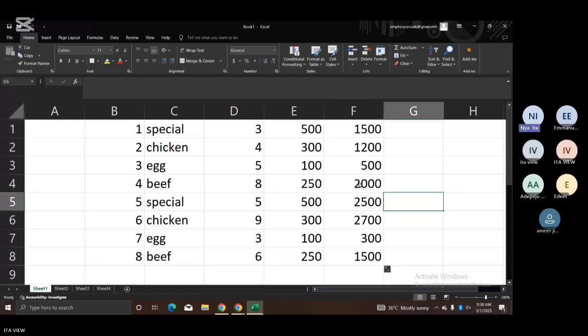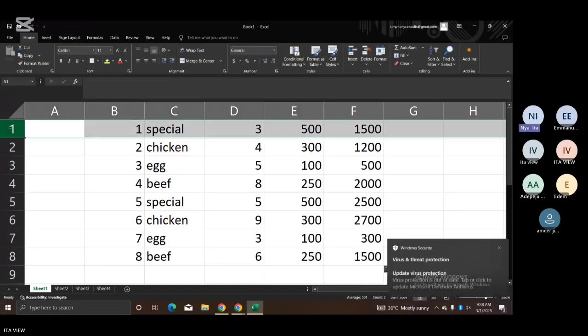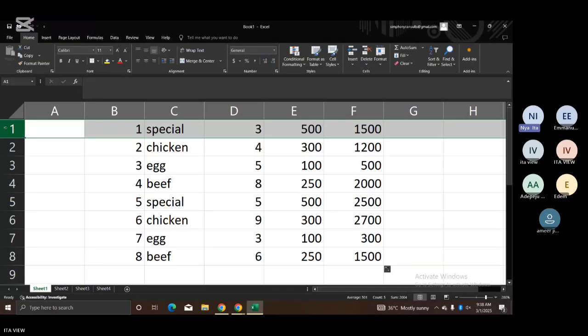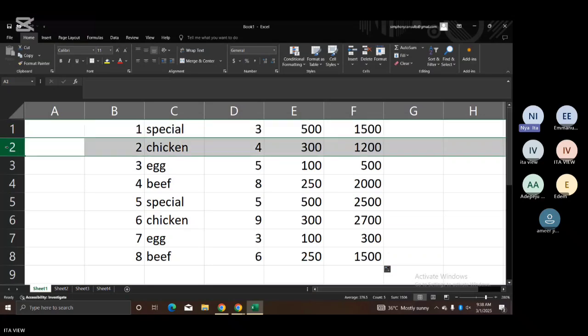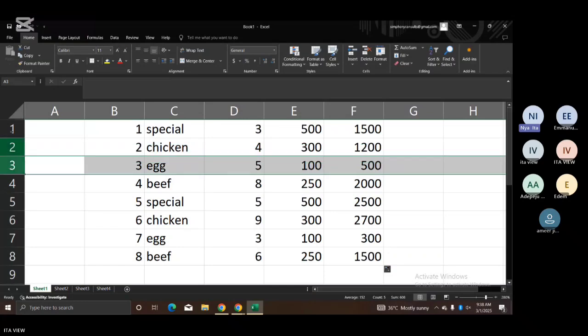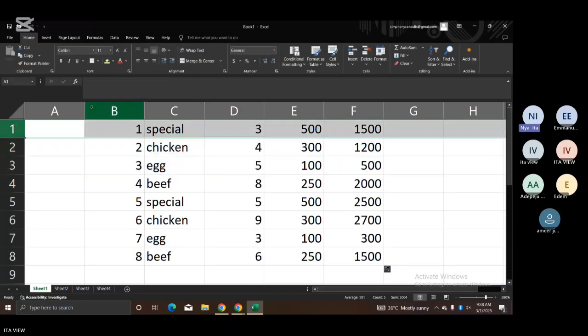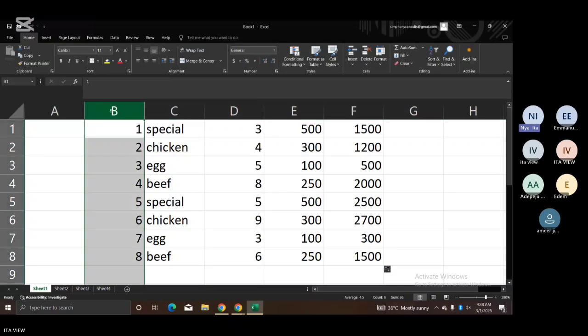So let us name our table. Let's give them headers. We come down here to this row 1 and select. You just click on that one. It will highlight the whole of that row 1. I can also highlight row 2, highlight row 3. All you have to do is tap on that number 1. If I tap on B, it will select the whole of column B for me. Column D to select. Are we following? So let's tap on